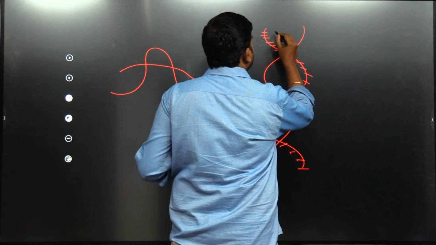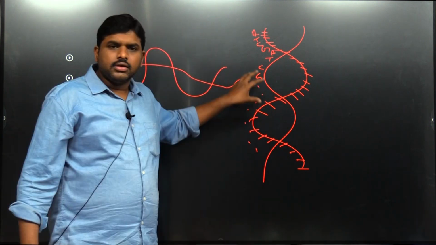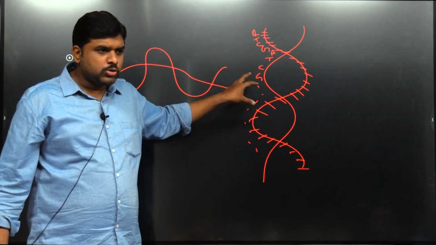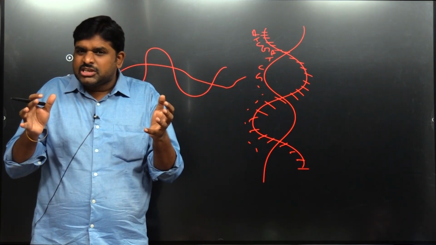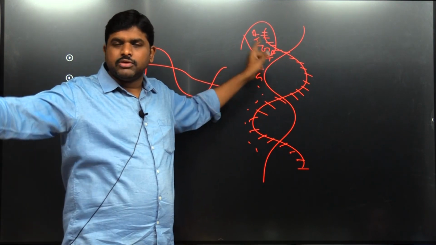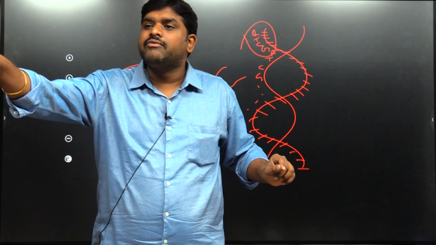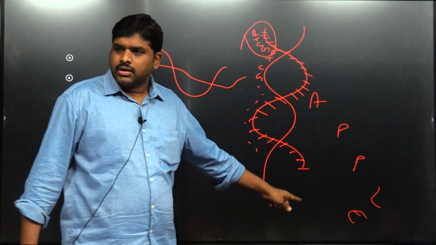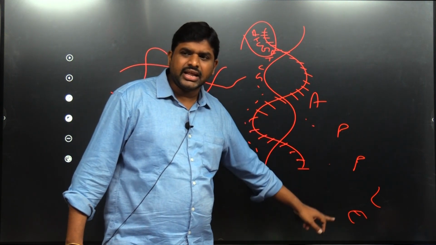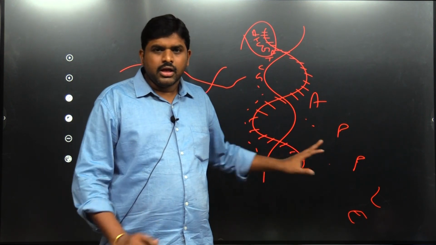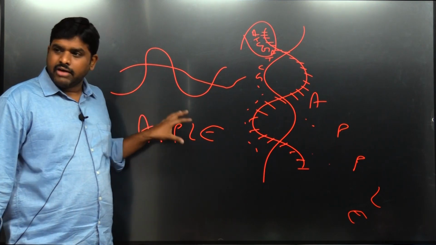For example, ATCG, etc. This is the structural part of the chromosome. When DNAs arrange in the form of a structure, this ATCG will have a function. When the DNAs are arranged in a particular sequence, it will have a function, like, we cannot understand A, P, P, L, E as separate letters, it is just an arrangement. But when I arrange it, now it has a meaning, now it has a function.